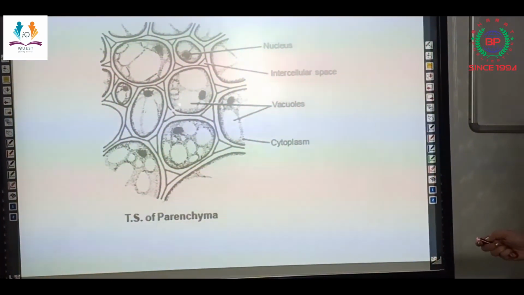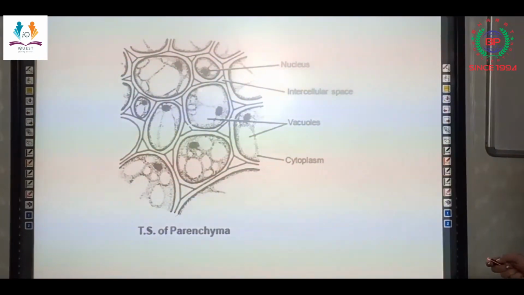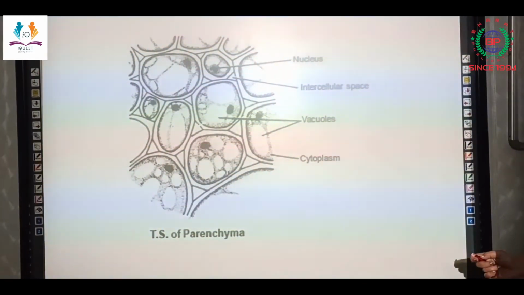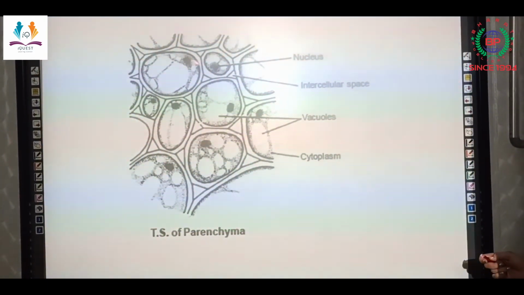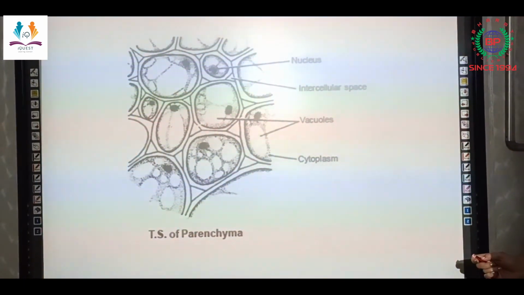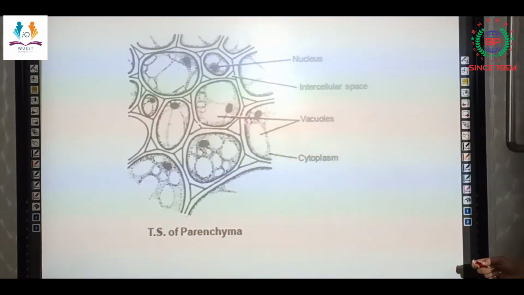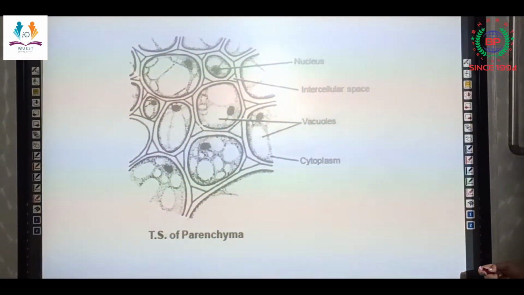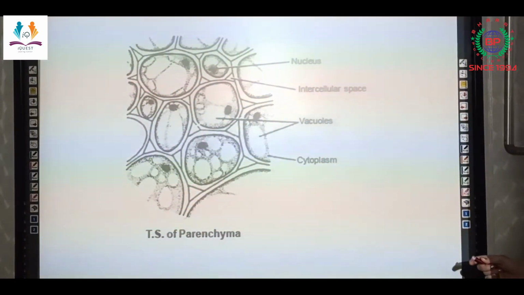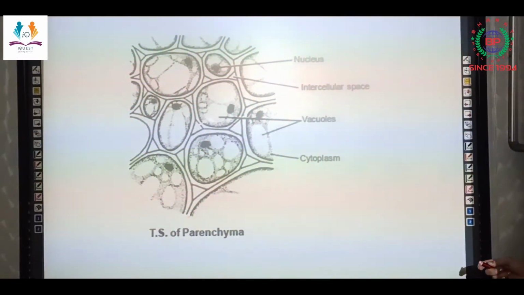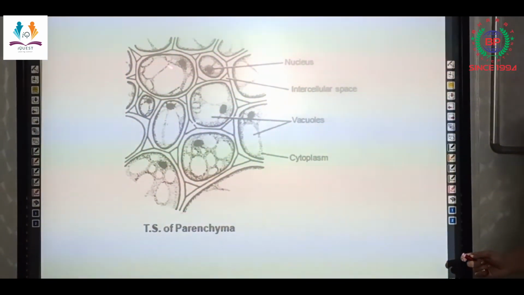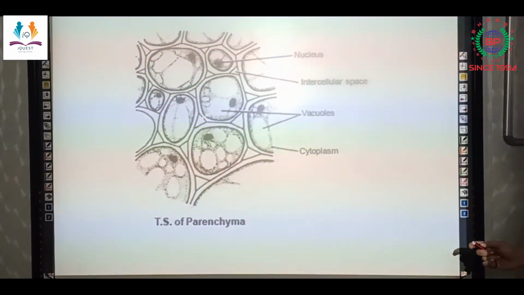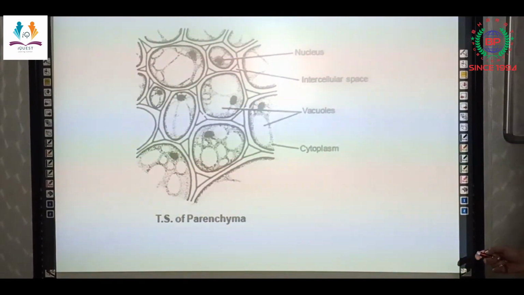This vacuole is a large space within the cell, due to which the cytoplasm is at the periphery. These parenchyma cells also contain chloroplast and their main function is the storage of food as well as they help in the preparation of food. They provide strength to the cell. These are the living cells of the plant and they help in maintaining stability as well as provide support to the plant. This was the first simple permanent tissue, that is the parenchyma.